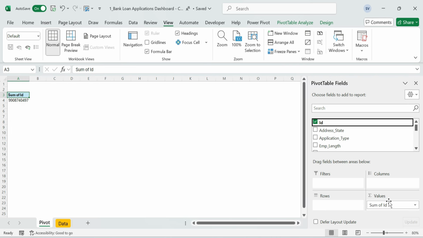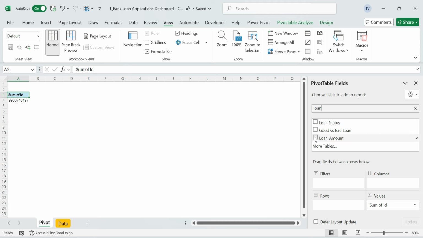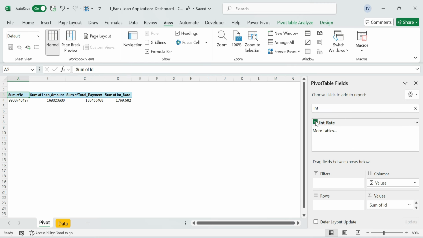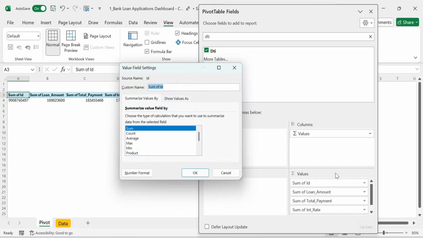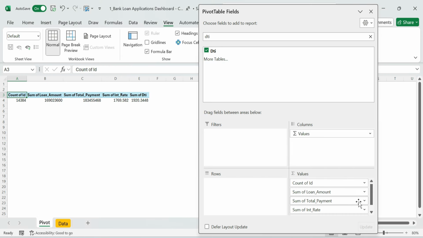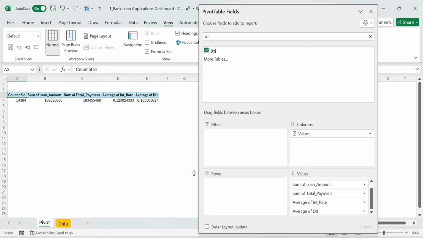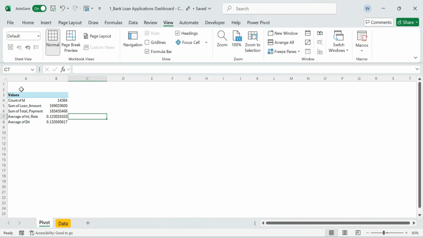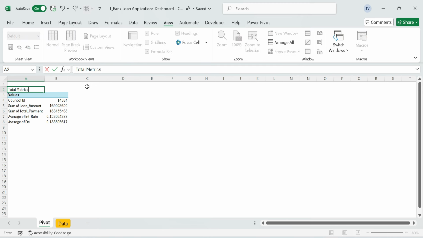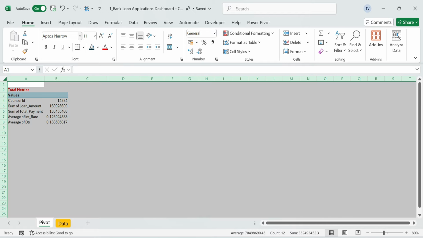Adding fields. Drag loan ID to the Values area. Drag loan amount. Drag total payment received. Drag interest rate. Drag DTI ratio. In the value field settings, loan ID set to count. Interest rate set to average. DTI ratio set to average. Drag values into the row area to give header-like total metrics. Format. Adjust the font color, size,